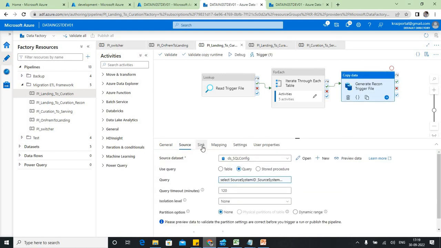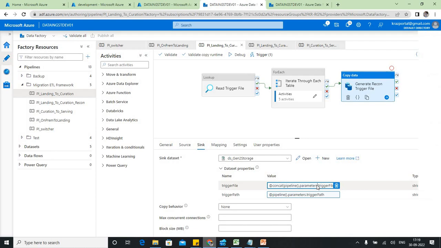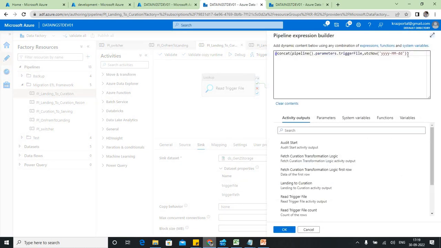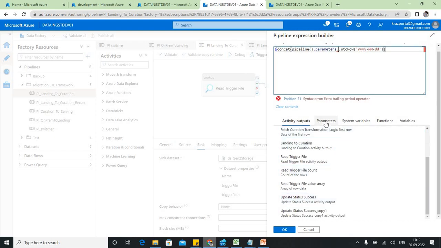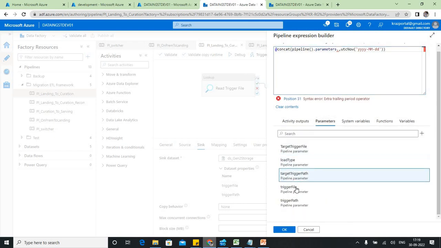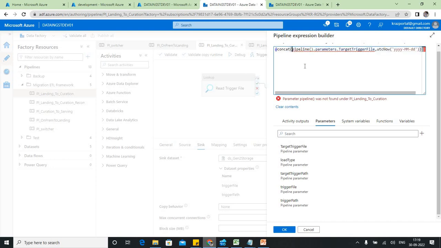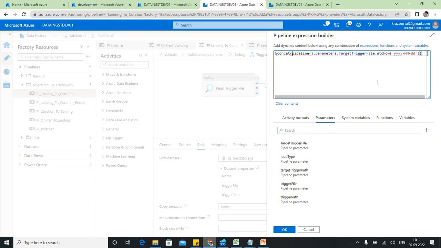We did not change that, we gave trigger file, but here it should be target trigger file. That's where we are trying to create our trigger file. So target trigger file,